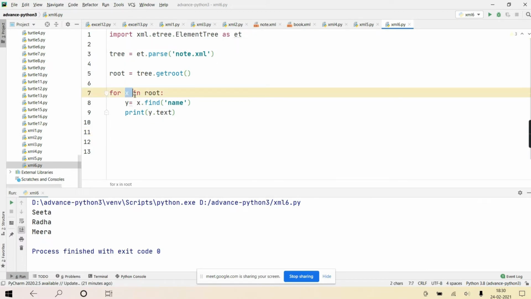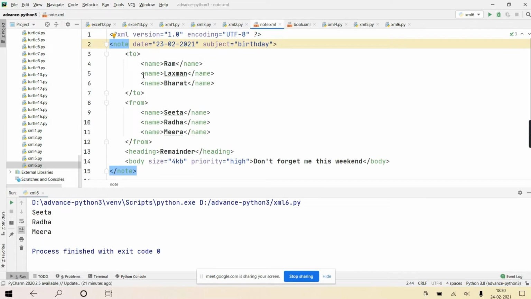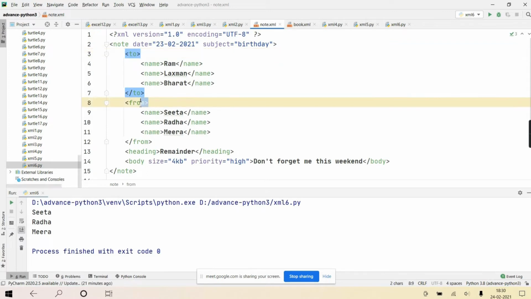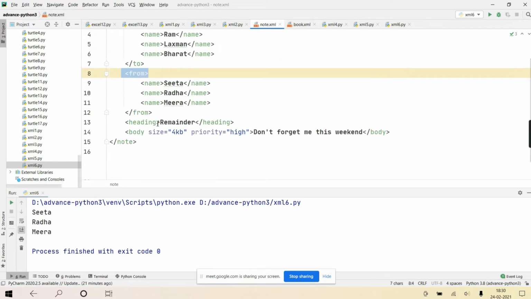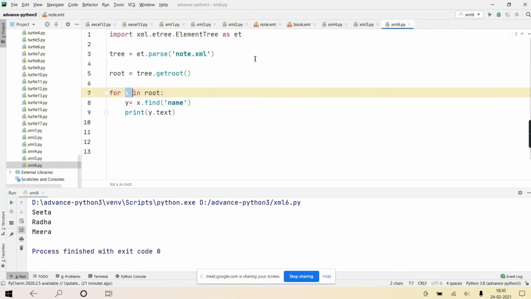So the first time, what will come in x? 'to', this one. Next time, what will come in x? 'from'. Next time, heading. Next time, body. Each child of root. And then that child's first child with the tag name 'name'.